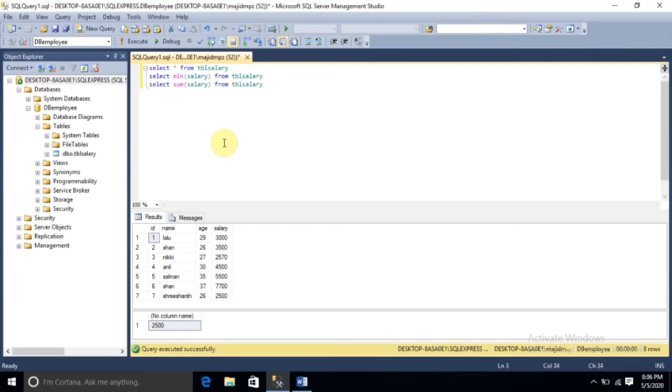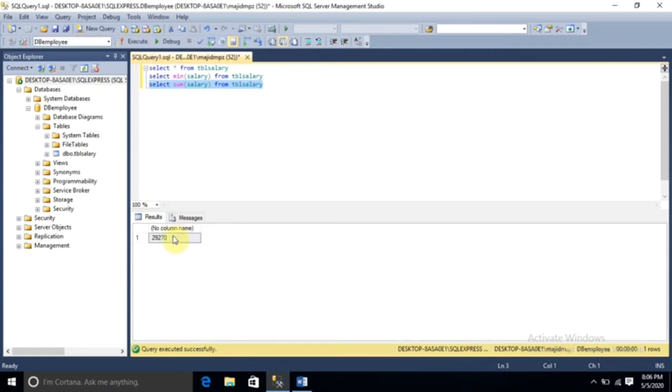The table name is TBL salary. Now I am going to execute this query and let us see what it shows. You can see 29,270. This is the sum of the total salary in this table.